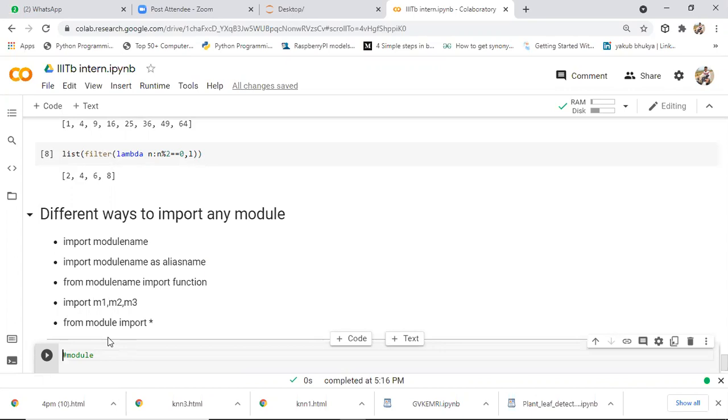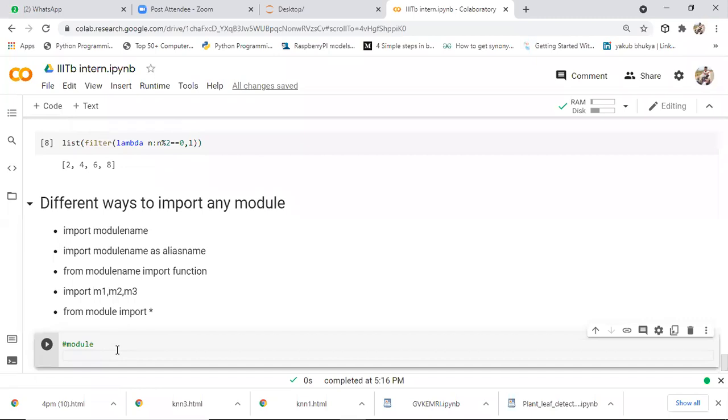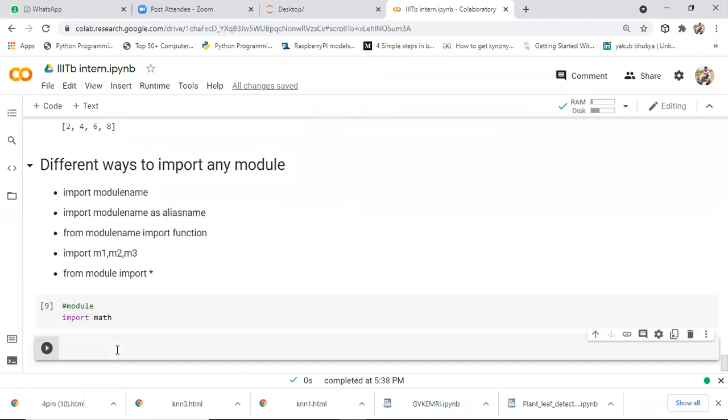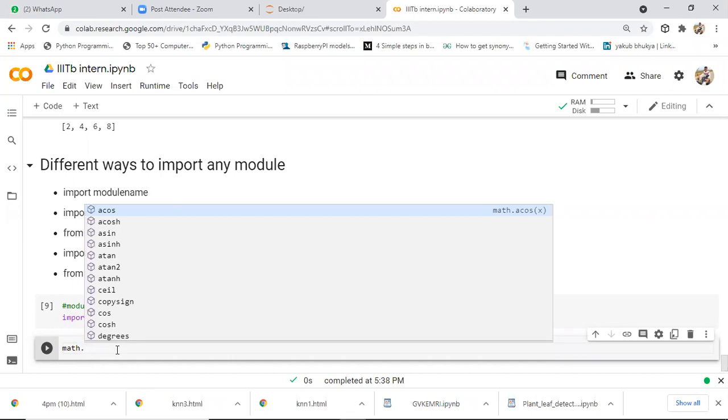So now we'll see a few predefined modules, like built-in modules, which we get with the OS itself. Whenever we download the software, whatever modules come with it, we'll see those modules. So import math. Math is a very fundamental module. Previously for the factorial, we wrote a program, right? Here we need not write the program. Simply, in the math module we have a lot of functions. If you want to see all the functions present in a module, simply type math dot and press tab. Whenever you press the tab button, it will suggest all the functions.